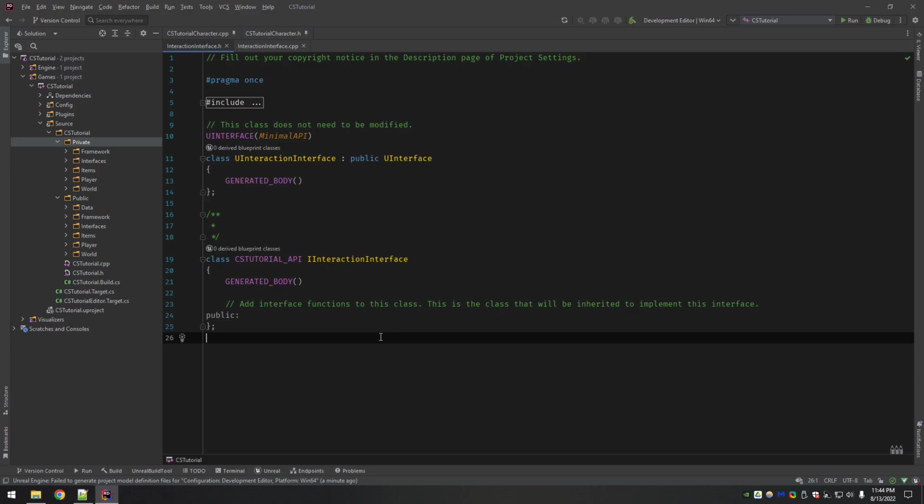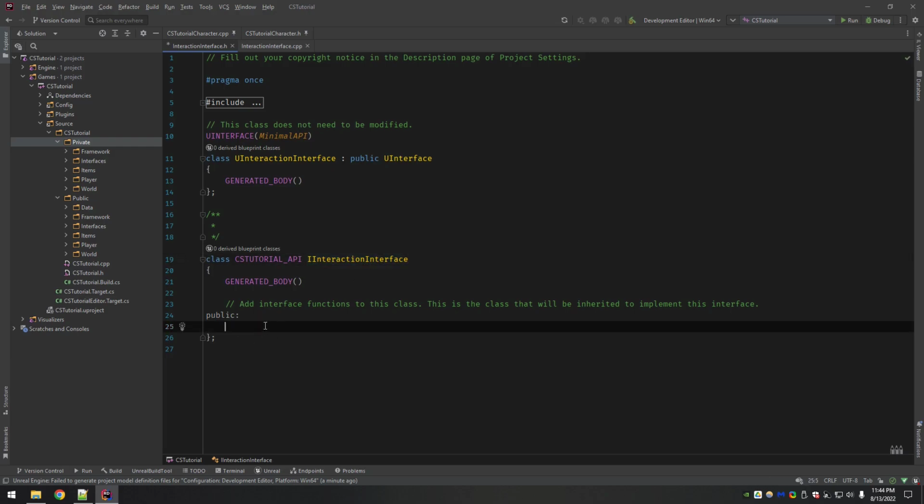In standard C++, at least to my knowledge, and someone can correct me in the comments if I'm wrong, an interface is a class where you always have to implement all the functions that are provided in it. It's a way to standardize. Say you have multiple different kinds of classes that are technically unrelated, but they all inherit from this interface. Then that's a standard set of functions that you can guarantee they will all use. It guarantees that anything that inherits this will be able to have this function called on it.